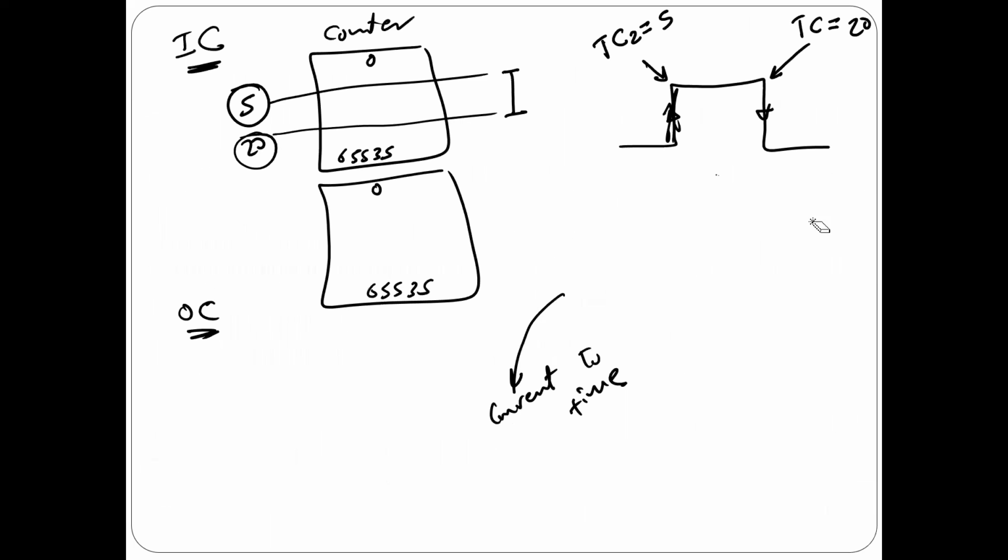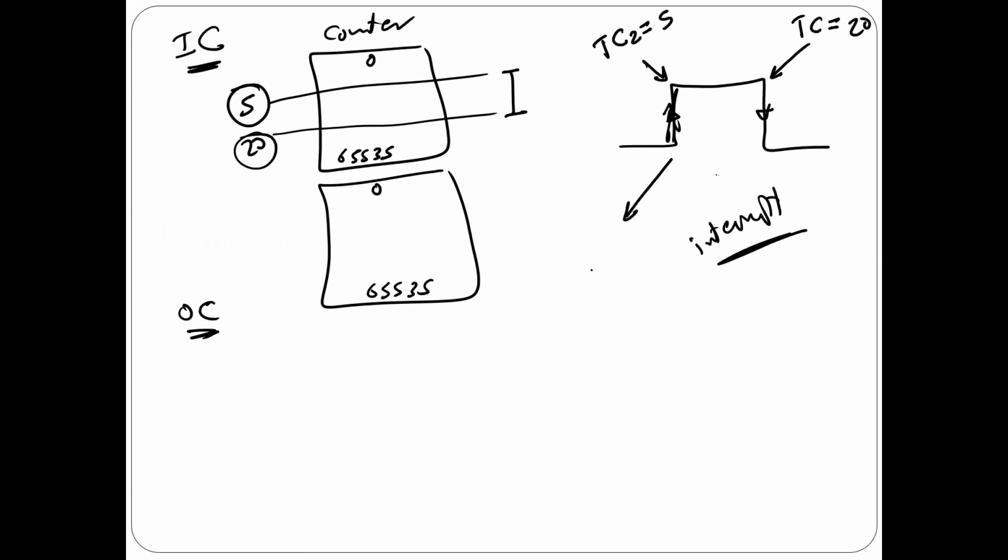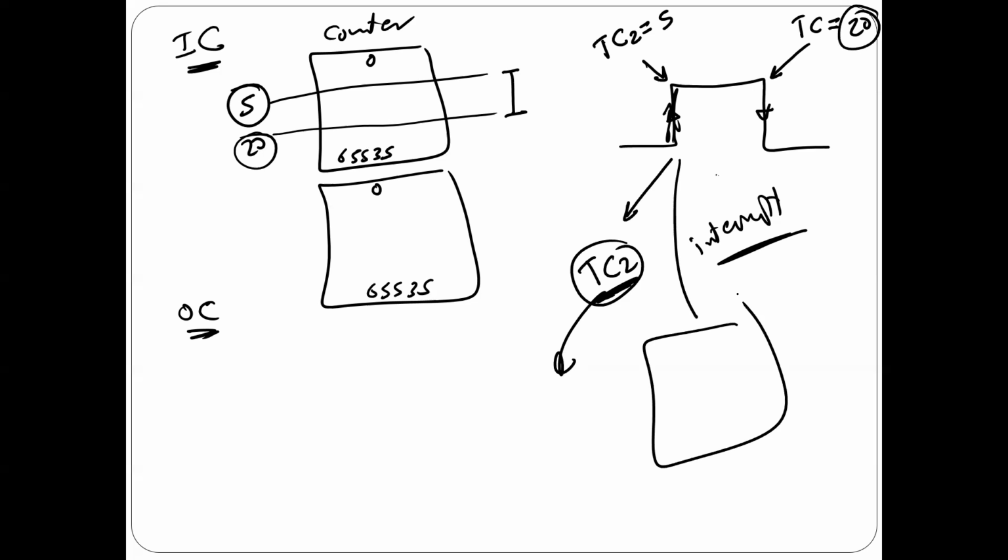Great. So now I want to answer 2 questions. The first question is, why do we need interrupt here? Simply because I'm going to have an interrupt here, and I have to store TC somewhere, because if you don't store TC2 somewhere, 20 is going to be overwritten on TC. So we're going to lose it. You understand what I'm saying? That's why I need interrupt here. So inside this interrupt, as you will see in the program later, I'm going to say TC2 should be stored in a memory location, for example, right?